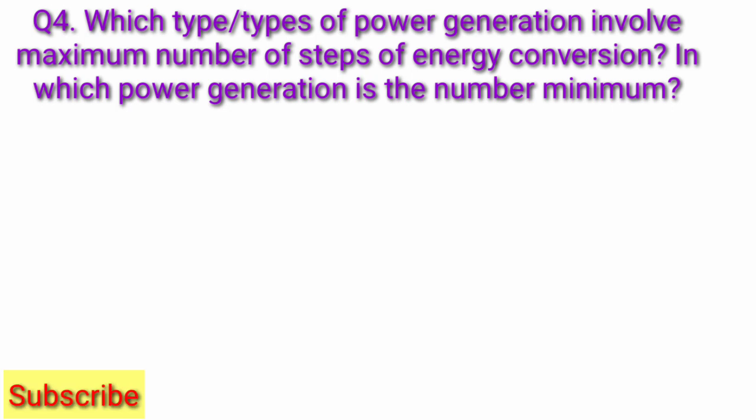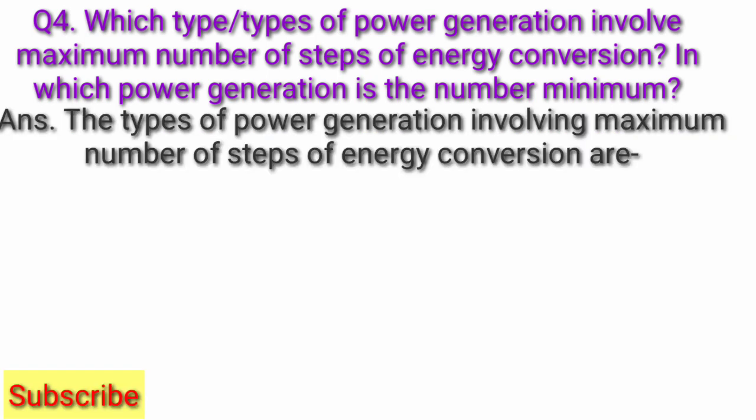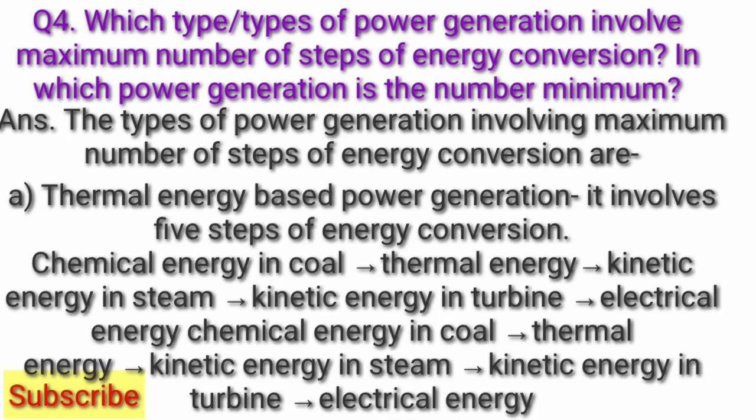Question 4. Which type or types of power generation involve maximum number of steps of energy conversion? In which power generation is the number minimum? Answer: the types of power generation involving maximum number of steps of energy conversion are thermal energy based power generation. It involves 5 steps of energy conversion, that is chemical energy in coal, thermal energy, kinetic energy in steam, kinetic